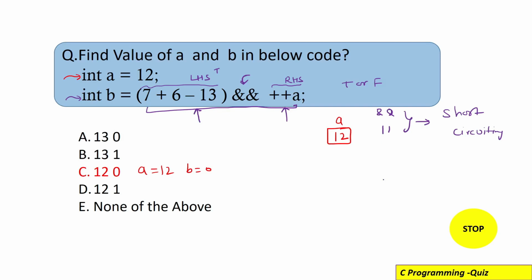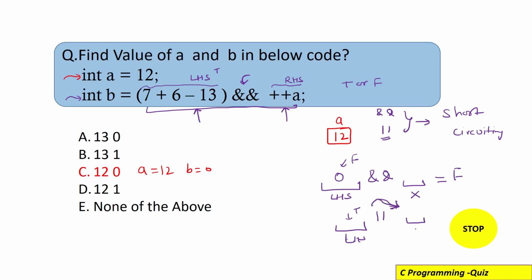This concept says that if you have the logical AND operator and from the left hand side you got 0, or you can say false, as the answer, then you will not evaluate the right hand side expression. You will get the final answer as false, right? In the same way, in case of the logical OR operator, if the left hand side answer is true, then you will not go to the right hand side expression. Why? Because even if you got true here, the final answer will be true, and if you got false here, OR says true or false will be true again.